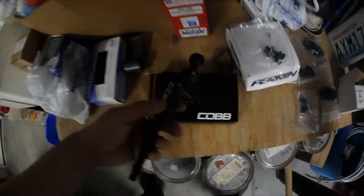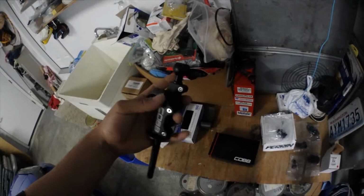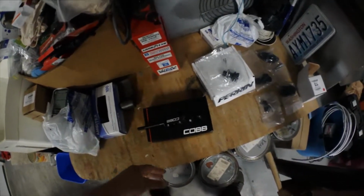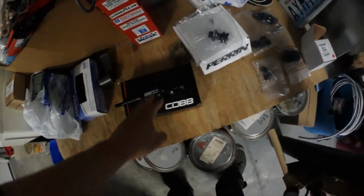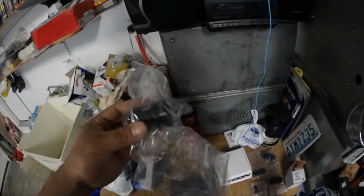So pretty much I got this Cobb adjustable short shifter, just to adjust the height if I change up my shift knobs or I want a different feel. It's always nice to be adjustable all the time. I got a pair and reverse lockout. The reason why I got that one is